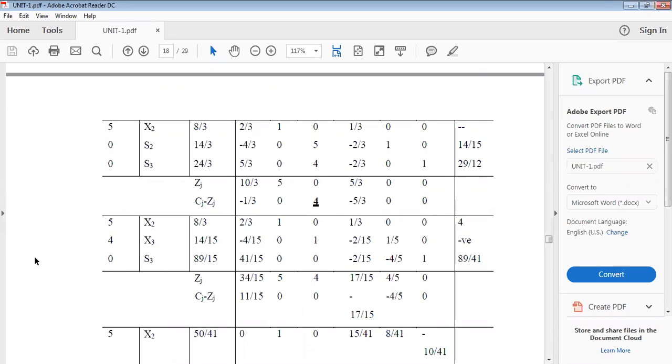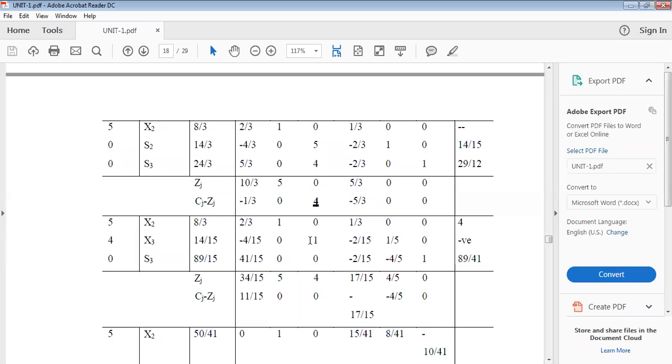So if we apply this to all the elements, new R3 is equal to old R3, with respect to new R1 and new R2, you have to carry out the iterations. That is the critical point in understanding and calculating the difficulties at this particular stage. If you are able to understand this, you can easily solve the problem. New R3 is equal to old R3 minus 4 into new R2, and automatically this becomes 0. If you apply the equation to each and every element, you will get this row as follows.